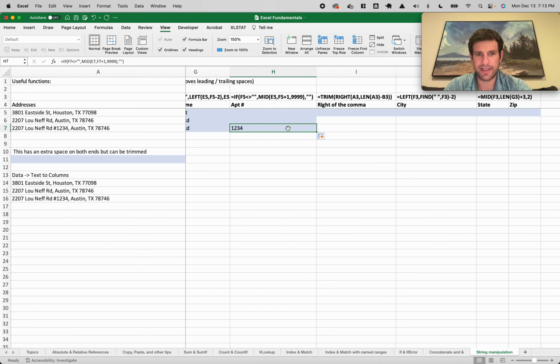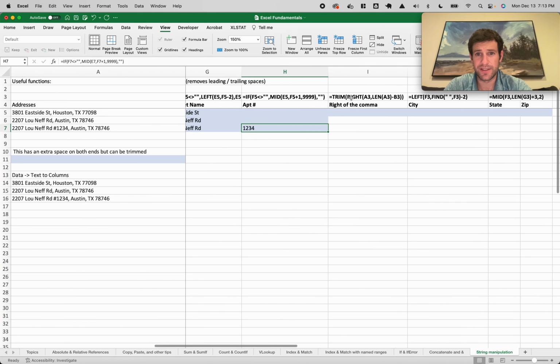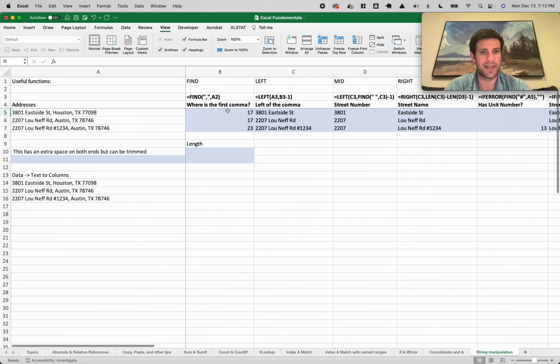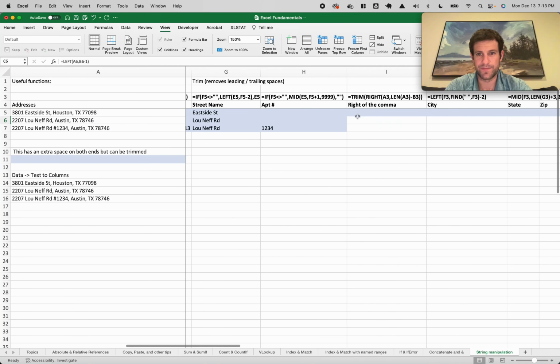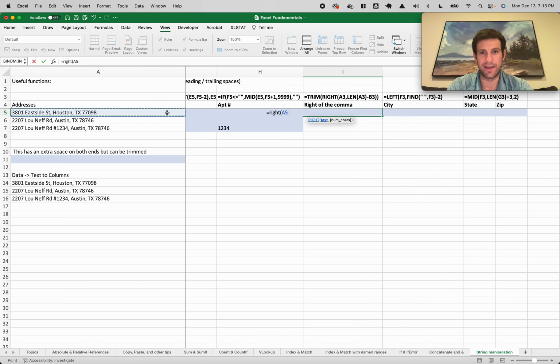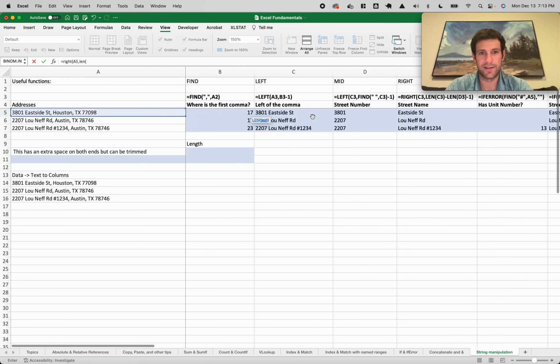And then it looks like I have to, let's see, trim, right, A3. Okay, so now I want everything to the right of the comma. So we got everything to the left of the comma. So now we're going to get Houston, Texas, 77098. So to the right of the comma, that's going to be right of A3. And it's A5. And we're subtracting the length that is,